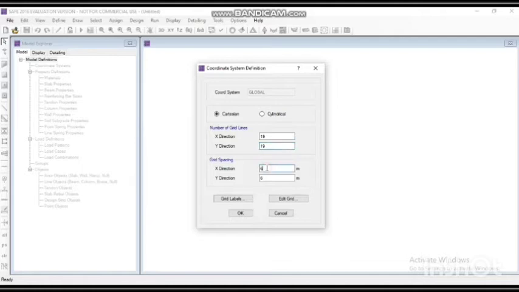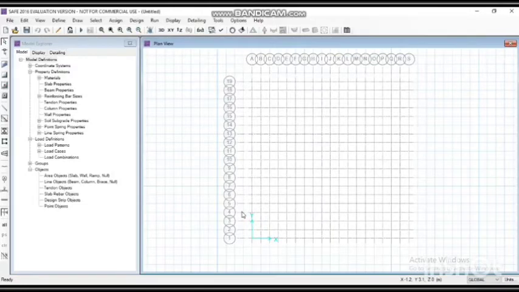Then the spacing in X direction is 1 meter and in Y direction also 1 meter. Then click on OK to exit. The grid lines are marked.